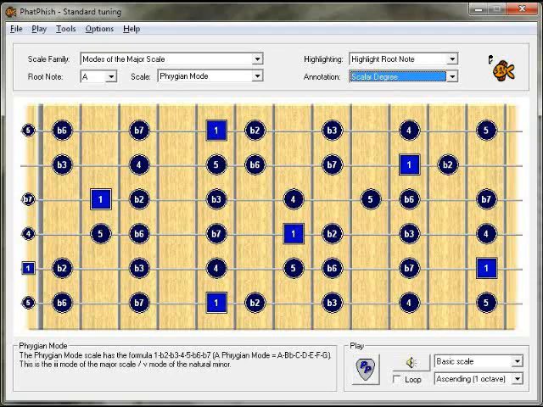There's also some highlighting options. Currently, as you can see, the root note is shown as a square, whereas all the other notes are shown as circles. What we can do is pick a different highlighting mode. Currently we're highlighting the root note, which as you can see is a slightly lighter shade of blue. If we go through and pick from that menu, say chord tones from triads,